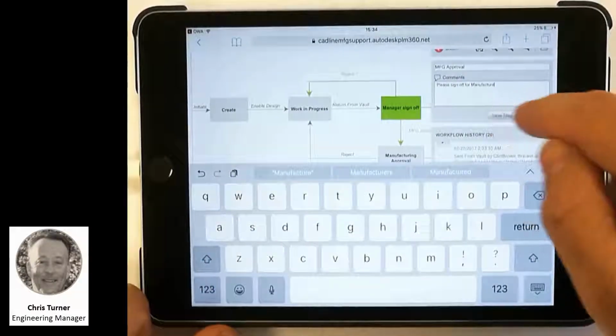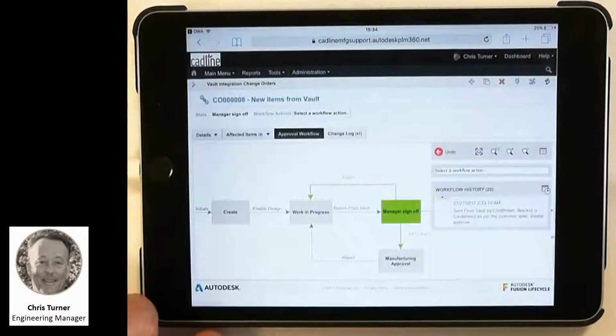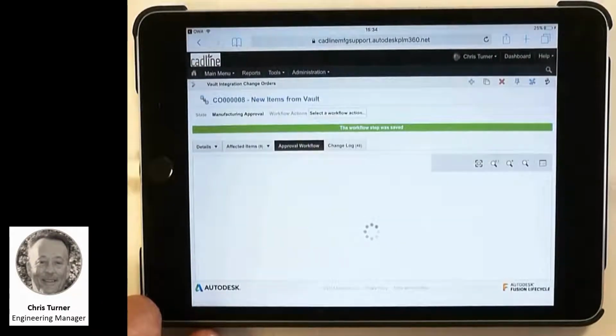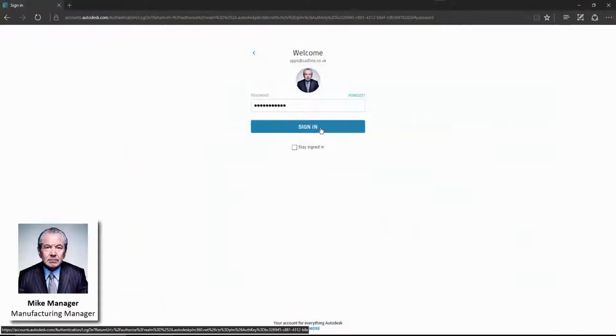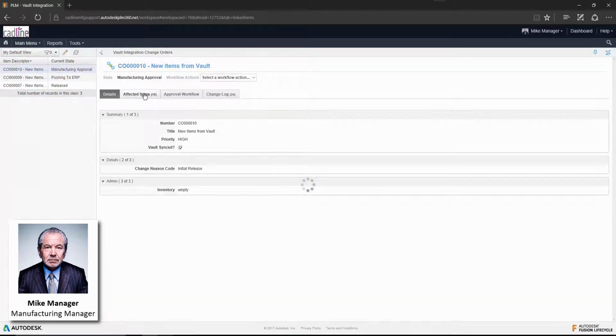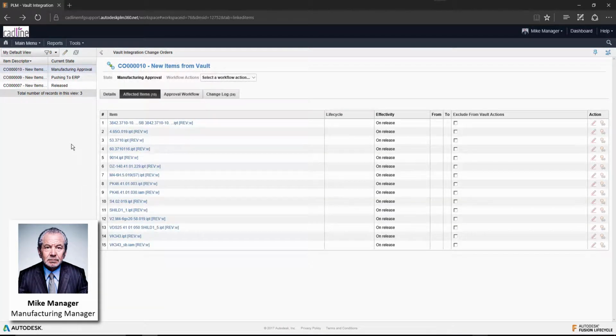So he enters his comment, hits save, and his latest comments are saved to the workflow history. Our manufacturing manager, Mike Manager, will now receive a notification. Mike Manager is going to log in via his web client. He's able to see all of the information that's been pushed through from Vault and can see all of the